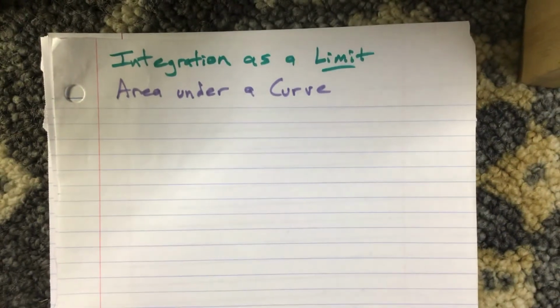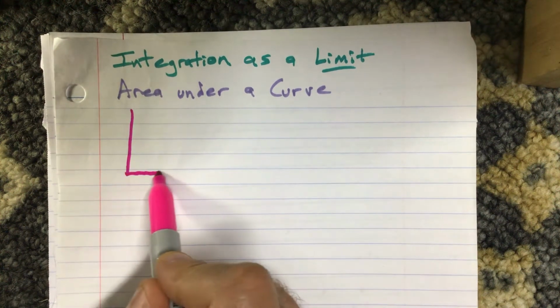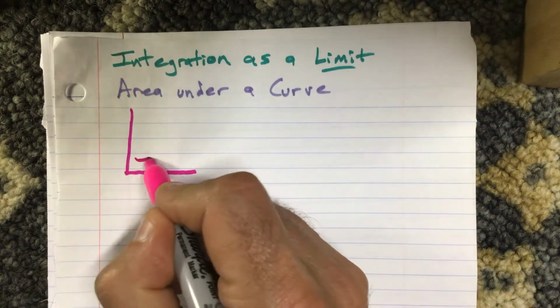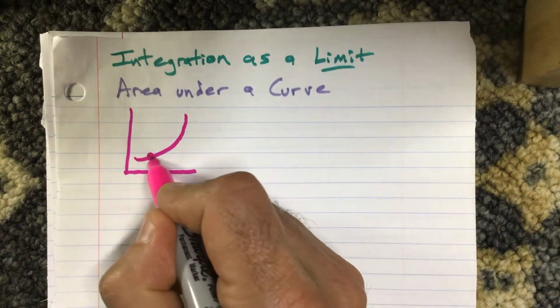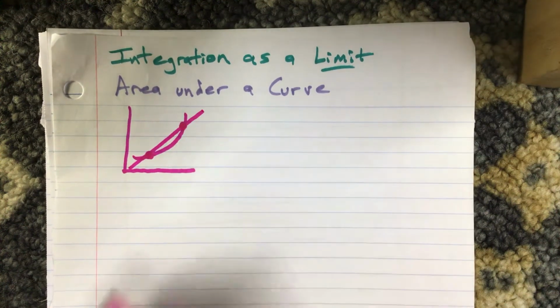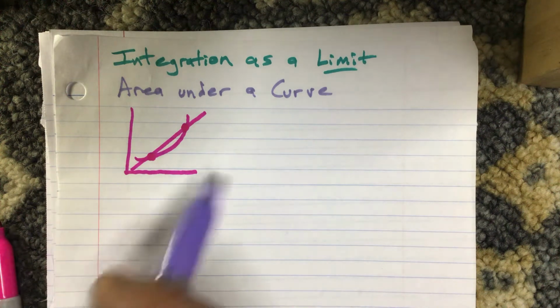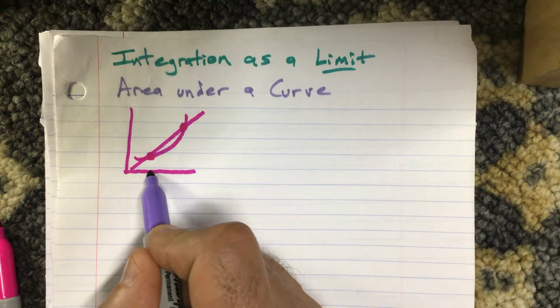So in this video I want to look at integration as a limit, and I want to look at area under a curve. If you remember back at the beginning of the year when we first learned about derivatives, we learned that you have a secant line, which is the slope of this line between 2 points, and as that line, as the delta x, this change in x from here to here,